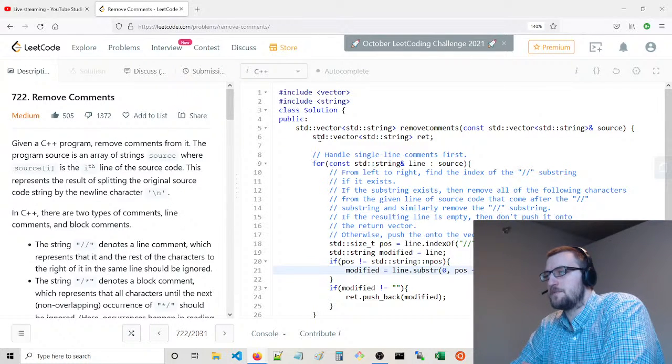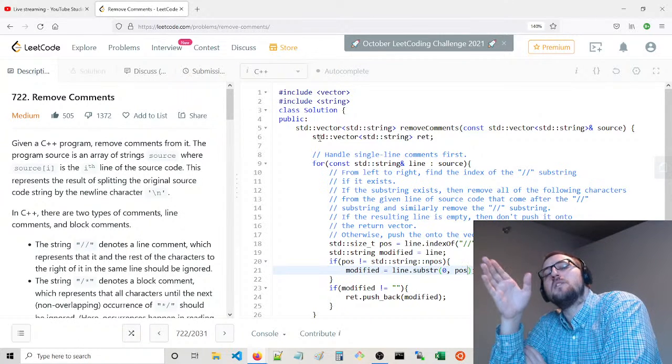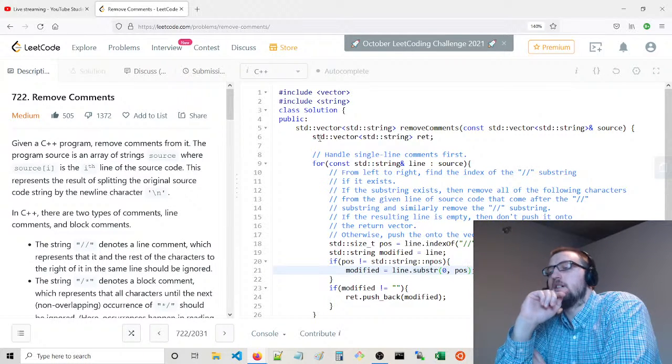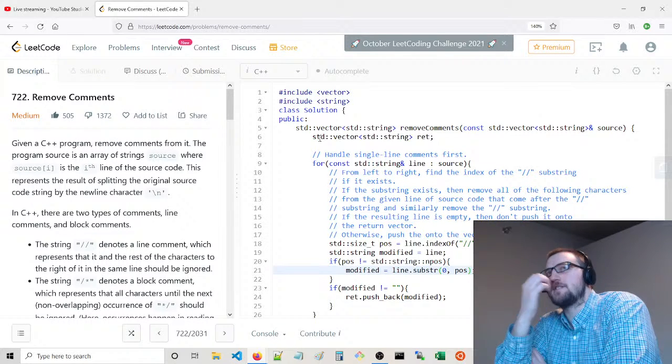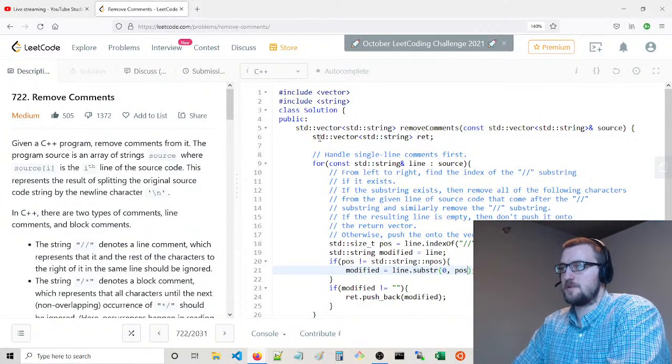Actually subtract, no, and then subtract another one because you're not going to include that spot. So if the position is 1, there would really be only 1 character that we want to take. Yeah, that's exactly correct. It's kind of weird, but basically 0 to the position tells us how many characters there are that come before that index, which is a little bit awkward, but it's exactly just that position itself.